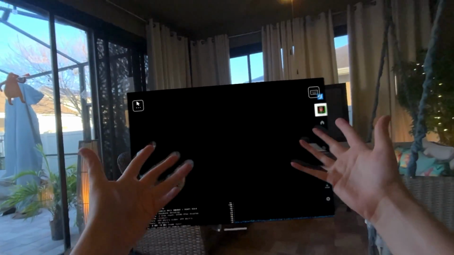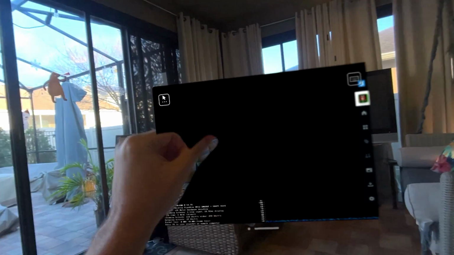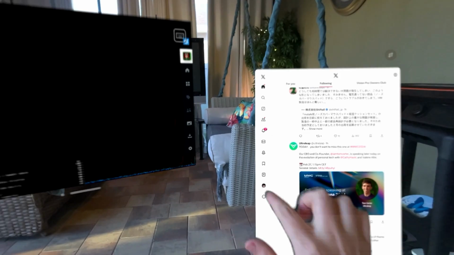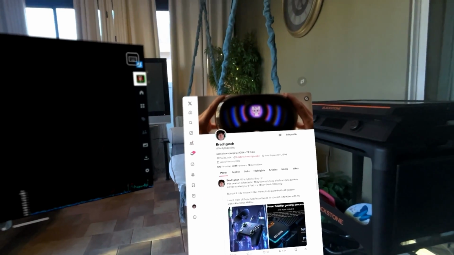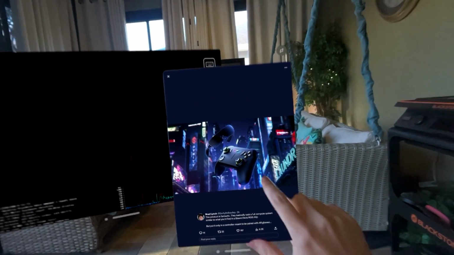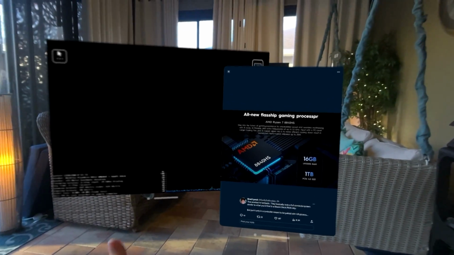Valve has GameScope, they have Steam Deck, they have SteamOS. Now they have to figure out how to transfer that power and that computing and that platform to a headset. And it makes me wonder if they're just going to go this route. There was a device actually announced at MWC that is just a controller. Ignore the glasses for a second, just the controller. It has a full Ryzen 8840HS, which is a brand new chip, something you would see in an ROG Ally. It's limited to 35 watts,